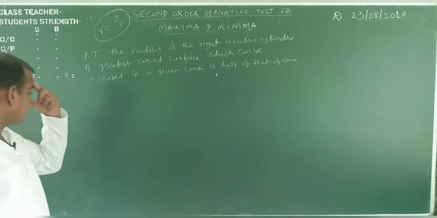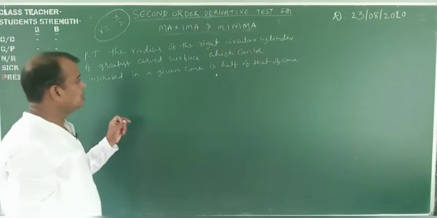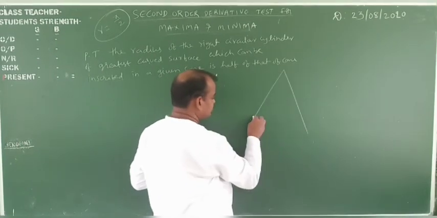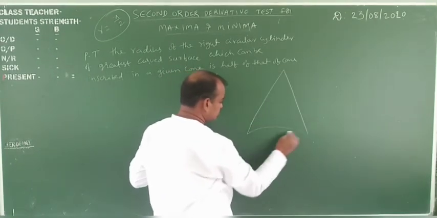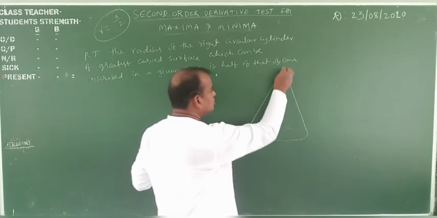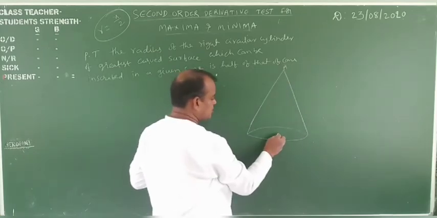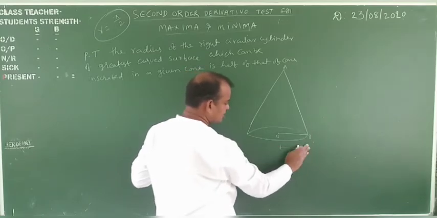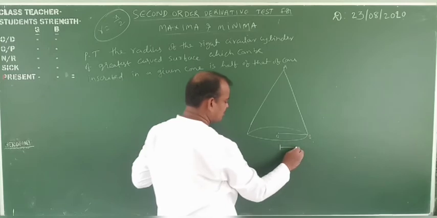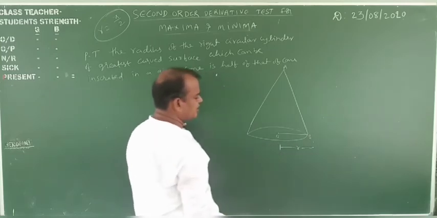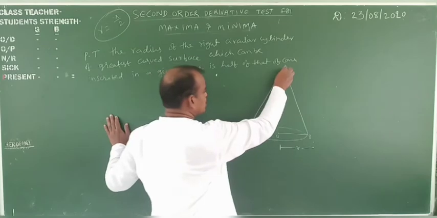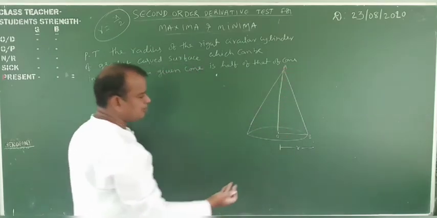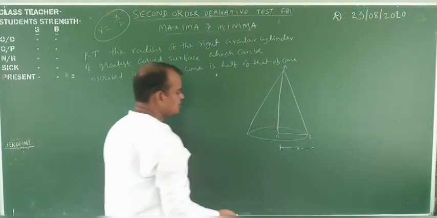What is the cylinder inscribed in the cone? You know very well, cone we have. This is cone. Suppose this is A, this is O, this is B. Suppose this is the radius, capital R, whatever may be. Let R be the radius of the cone. Write down one by one. Suppose this is the height, capital H, whatever may be. After that, what is the small r?